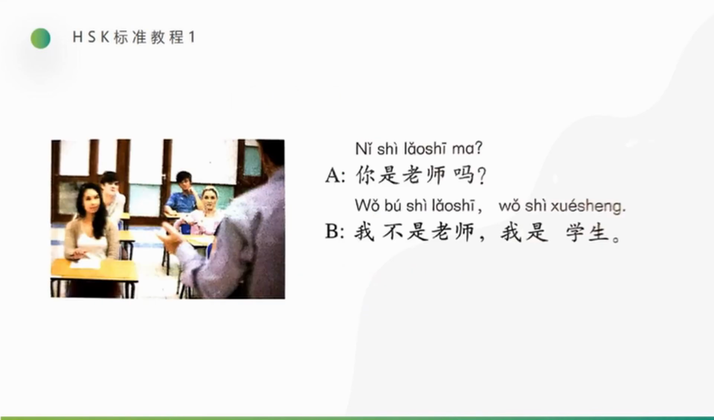Okay, let's look at the text. First, let's read it after the radio. 你是中国人吗？我不是中国人，我是美国人。你是老师吗？我不是老师，我是学生。OK，我们再来一次啊，once again，再来一次。你是老师吗？我不是老师，我是学生。